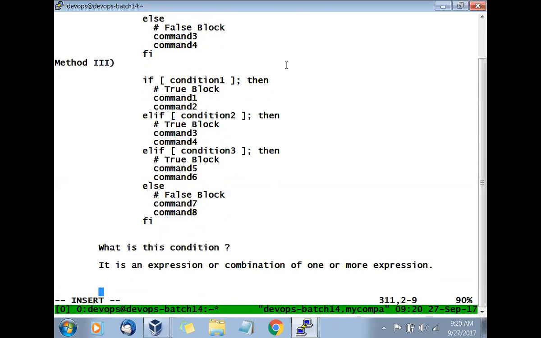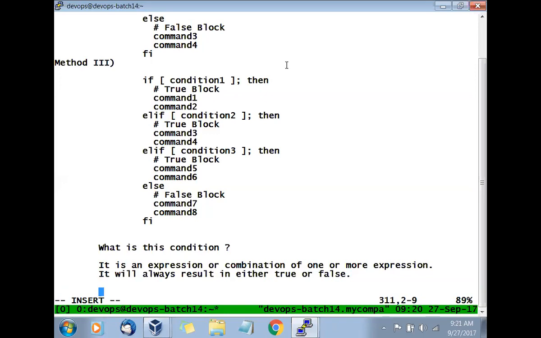So it can be a single, it can be multiple, and it will always result in either true or false. So that is what an expression is.